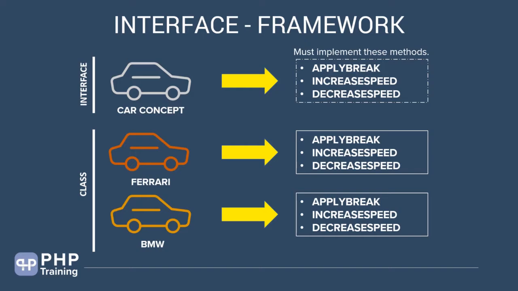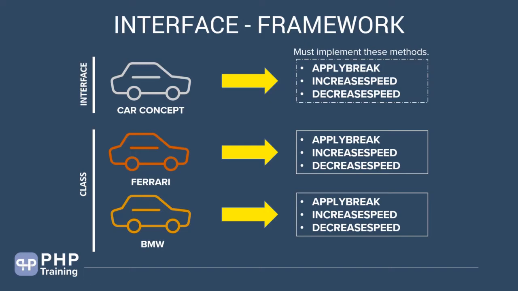Okay, so understand the difference between an interface and a class. An interface is a contract, it's a structure, it's a syntax. It's basically just a guideline to tell you what needs to be there inside the class. And when a class uses that interface, then it has to define and implement all those methods that are defined by the interface. Okay, we'll do an example and understand more about this interface concept.